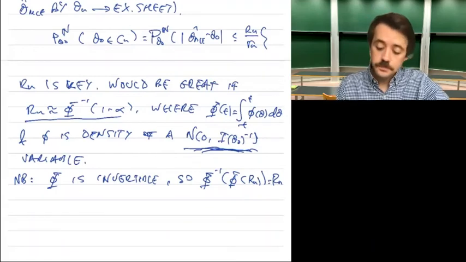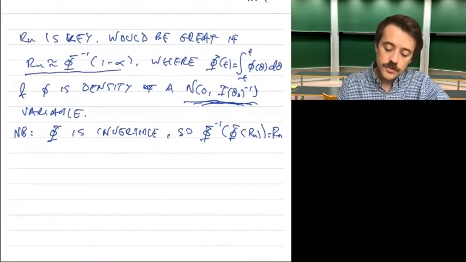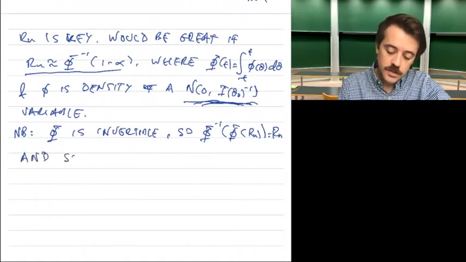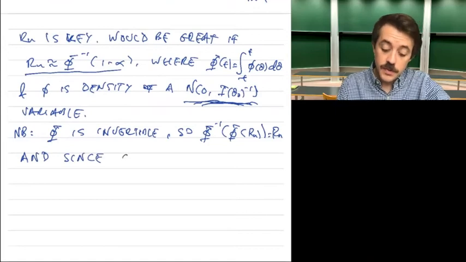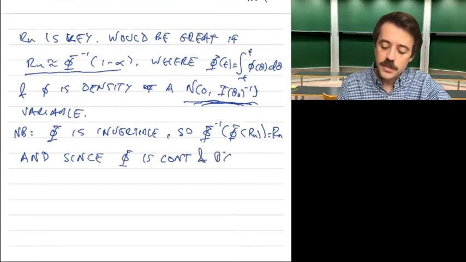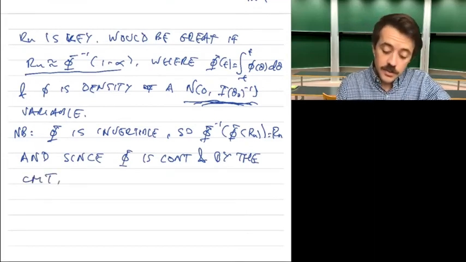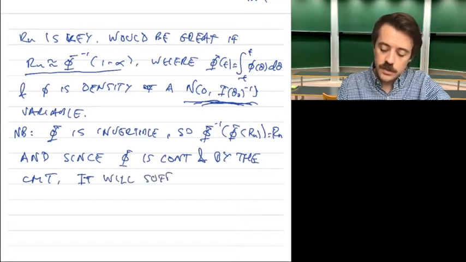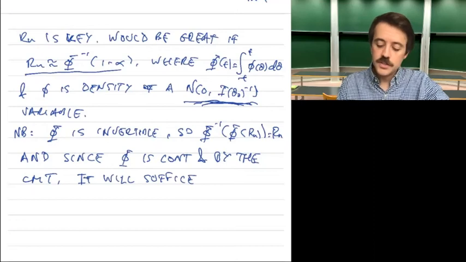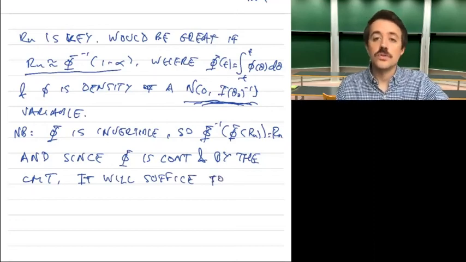And let's now say, since this guy is continuous, and by the continuous mapping theorem, what we get is that it will suffice. So let me just write it in this way so that I still talk about this. So it will suffice to show, or to have that